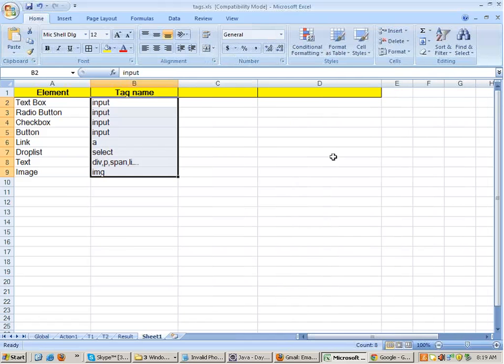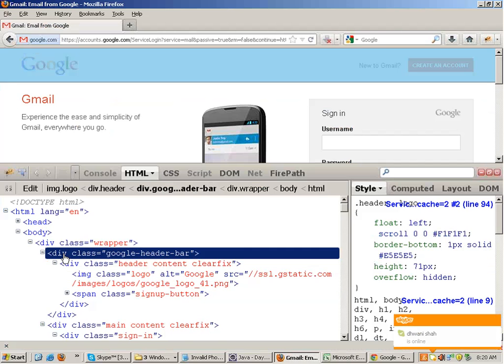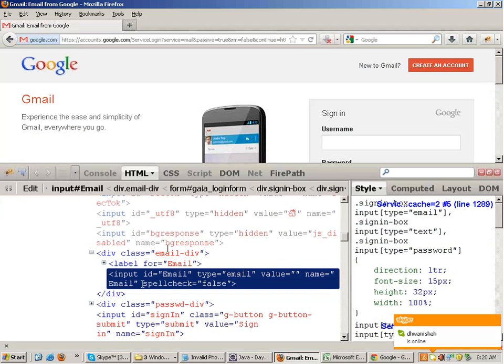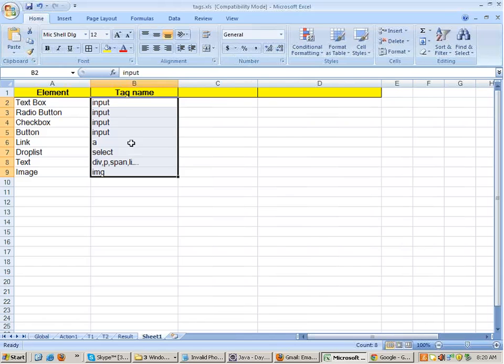Now, as I told you, every tag has got attributes. For example, this div has the attribute class. Or if I look at the username field, then this is an input tag with attributes like ID, type, value, name, spell check. These are the various attributes. Now, every element has a set of mandatory